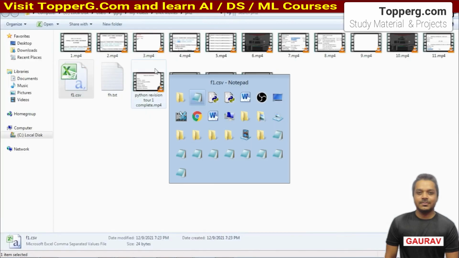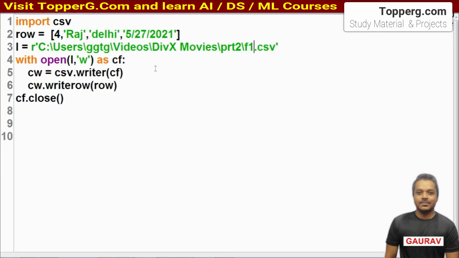Okay, so our CSV file has been created. So now you know how we can create a CSV file. Simply take an address, okay, and at that address put any file name .csv. So a CSV file with that file name will be created if the CSV file is not present of that name. Okay, so while working with CSV, you have to import the CSV module.